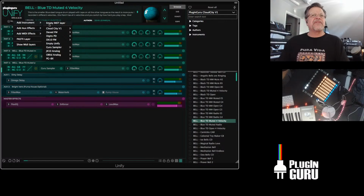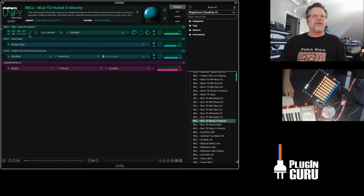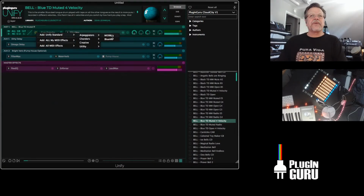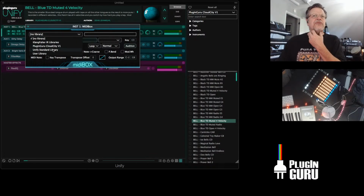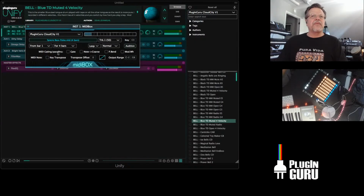I'm going to go up here and say add, let's do just 1 layer. So let's hold down Option when we click Init, so it only keeps the first layer, and let's get our parameter set. Let's call up MIDI Box. We go over here and say add MIDI Box, and we go to Cloud City. And now it goes to the MIDI file, it finds the folder in Cloud City automatically, which is really cool. Now go to bass, and right here, Synchro Bass Pulse, and we say we want gate, and we want it to transpose. So when I play a note,